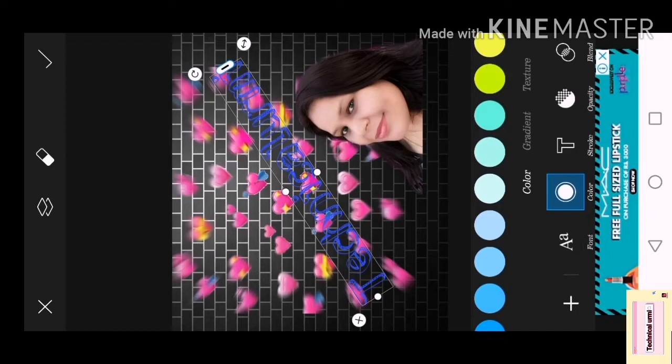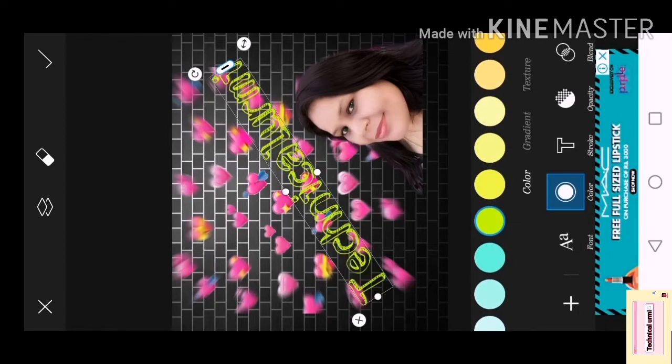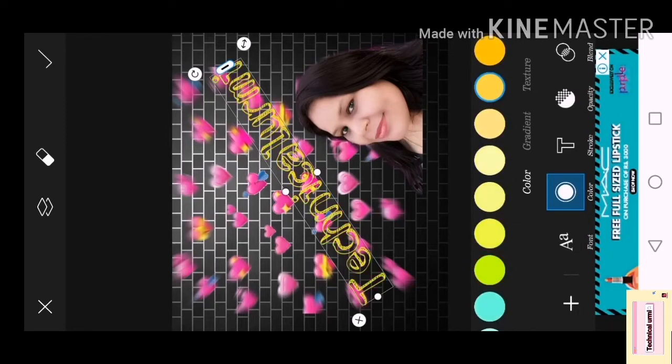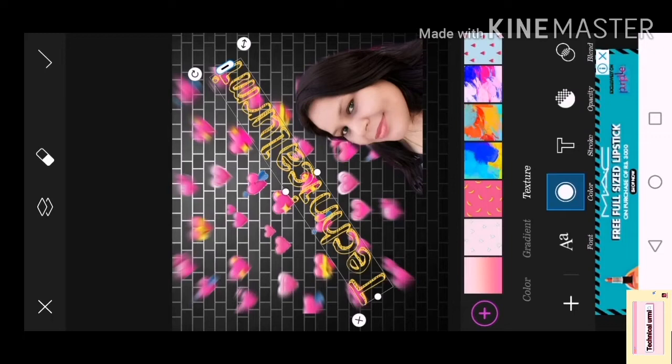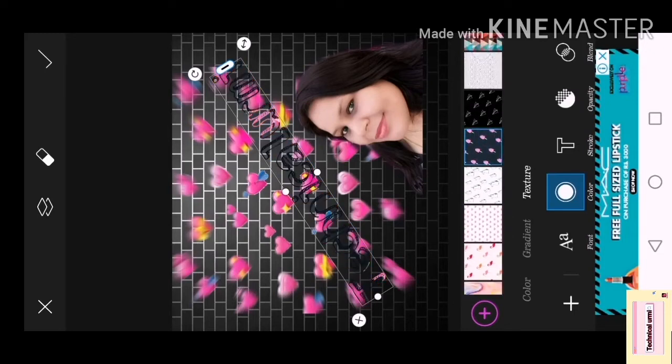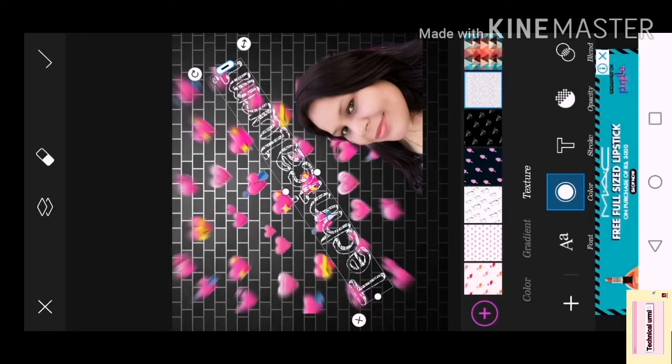It's up to you which kind of color you want. If you want gradient options, more options are here. Textures, you can change any kind of texture from here. Any texture you want to apply, you just apply it.